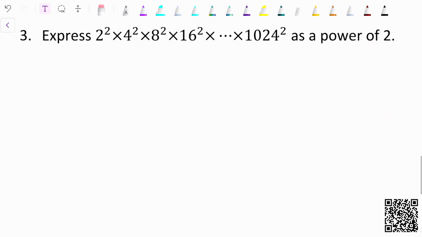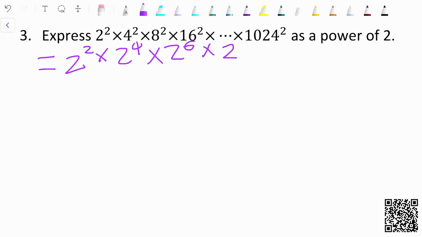Moving on to problem number 3. Express 2 to the power of 2 times 4 to the power of 2 times 8 to the power of 2, all the way to times 1024 to the power of 2. Following the same idea as above, we can put this all into powers of 2 and then combine them. This would be 2 to the power of 2 times 4 to the power of 2, so that would be 2 to the power of 4, times 2 to the power of 6